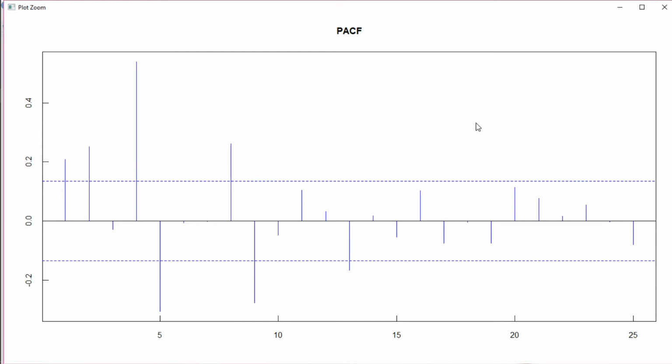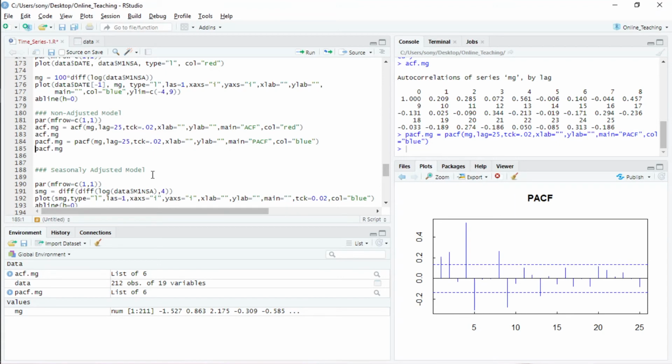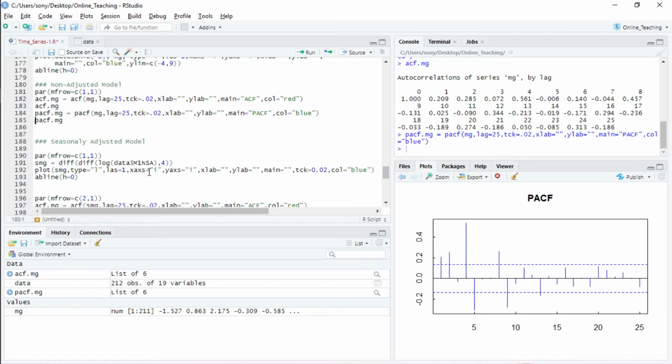So we now don't know what this series actually is, whether it is an AR function or an MA function or something else. One procedure is this: we saw that even though the growth rate is stationary, there is a seasonal component, and we don't know what data generating process it is following. So to do this, we have to do seasonal adjustment.